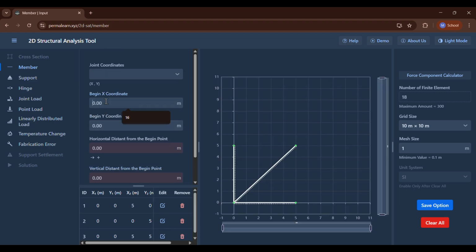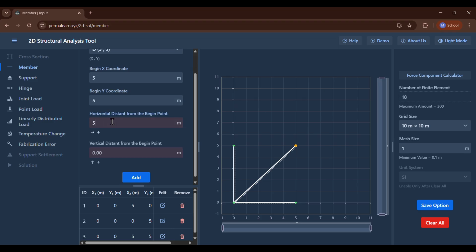And for this, it's just a coordinate, the beginning one, which is 0, 0. If you want to add it, you can also add it like this. And you can add another